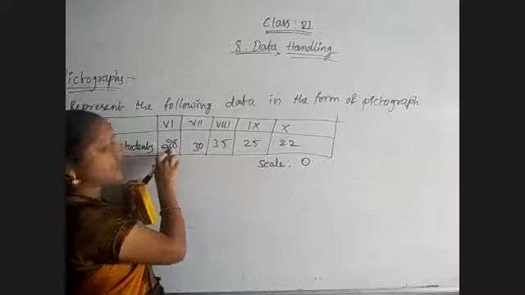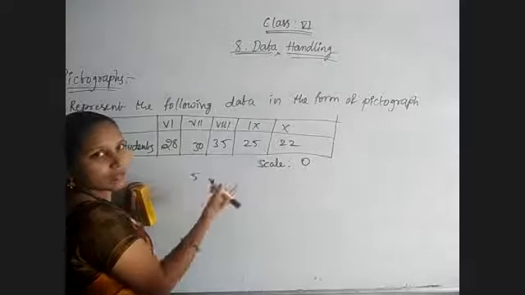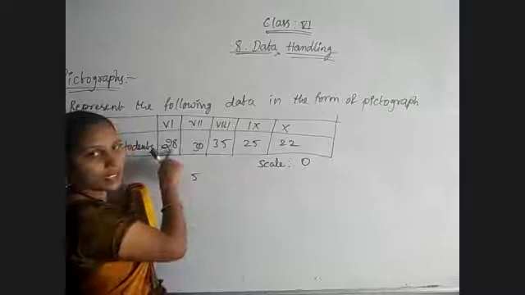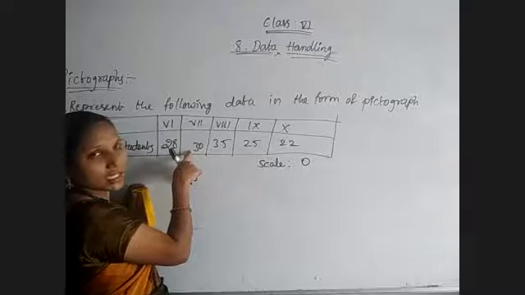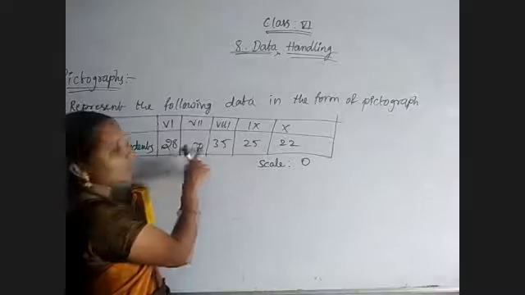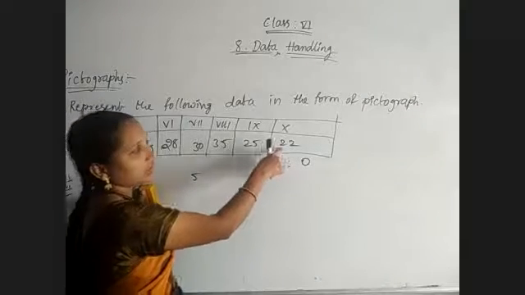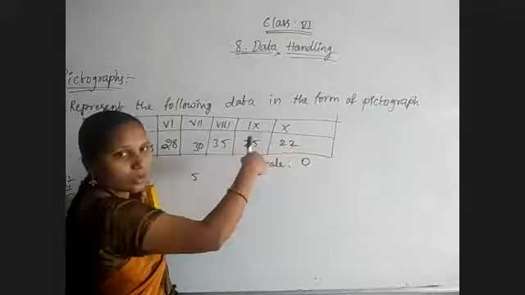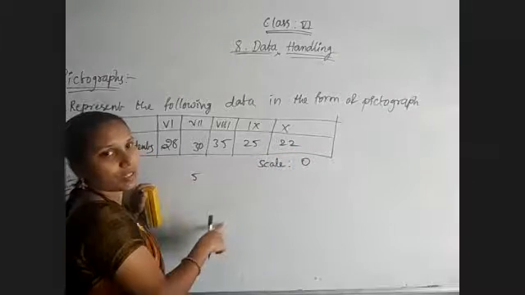See, just observe 28, 5 5s are 25. Still one more picture we need to represent 28. Total 6 symbols we need. And 30, 5 6s are 30, 6 symbols we need to draw. 5 7s are 35, only 7. 5 4s are 20, still 2 left. So again 5 only we will use, the 5th one incompletely.